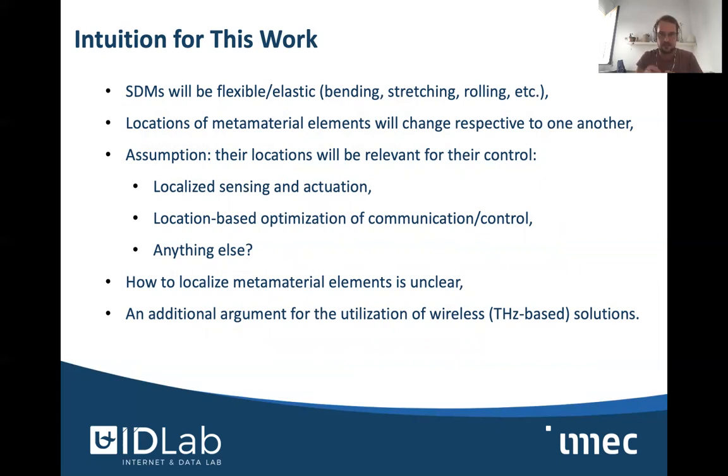So in this sense, for this more novel application, software-defined metamaterials, we believe that localized sensing and actuation could be beneficial. Then there is also the whole domain of research on context-based optimizations in wireless networks, in context also meaning location-based optimization of wireless networks. In that sense, you could do the same for software-defined metamaterials and the network enabling control of the software-defined